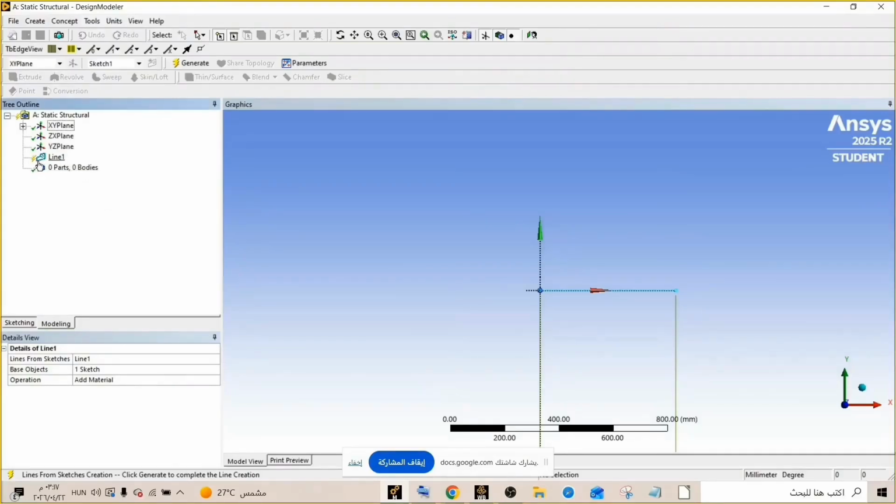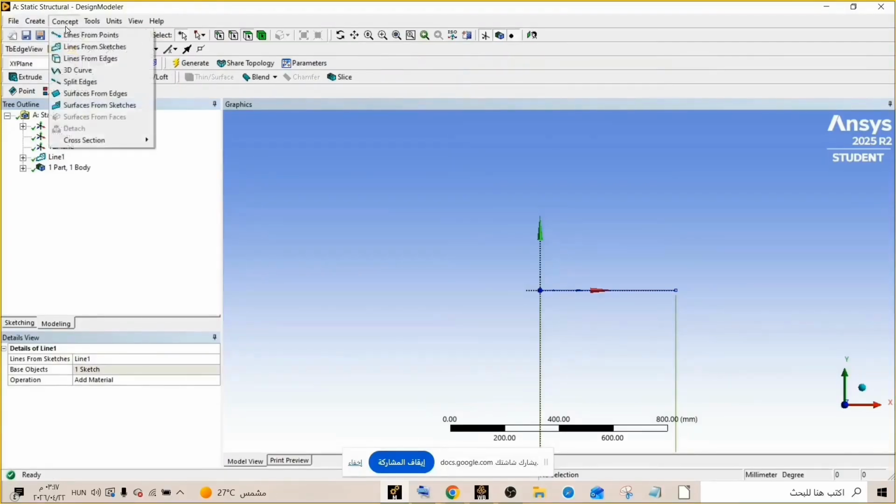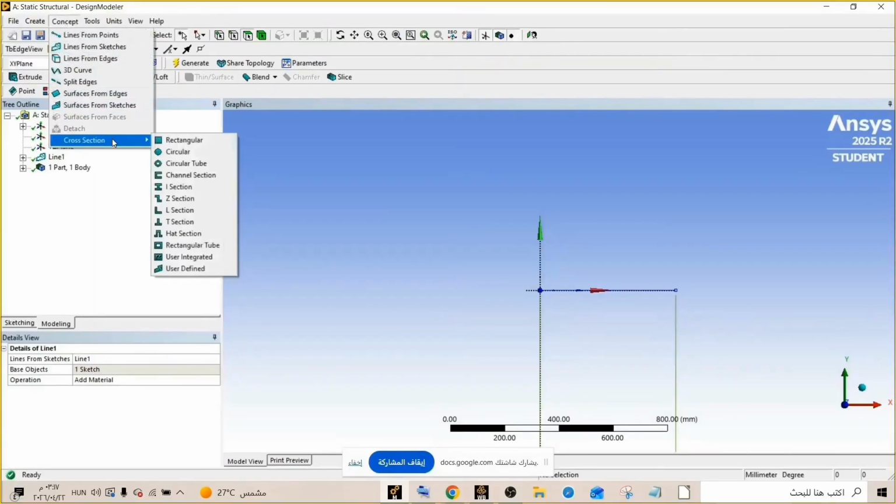I forgot to generate the line. As you can see here, it's still not generated. So I need to generate the line. So now it's okay. So I go to concept, cross section,